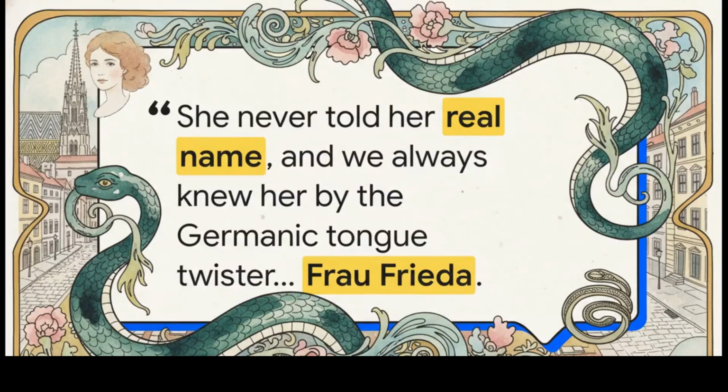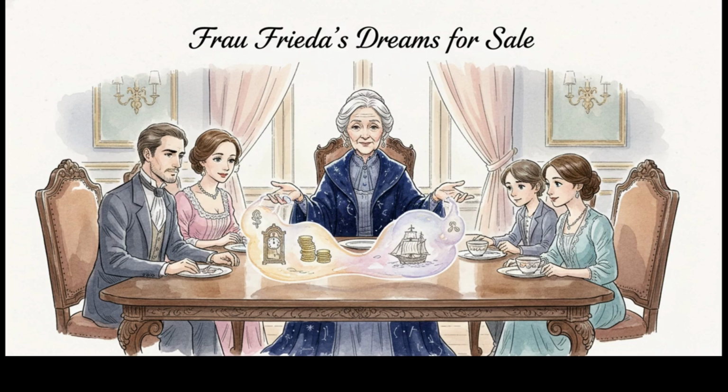So the narrator remembers meeting a woman years ago in Vienna who wore that exact same serpent ring. He and his friends never knew her real name, so they just called her Frau Frida. And when he asked her what she did for a living, she gave him that incredible answer: I sell my dreams. And she meant it, literally. That was her job. She was hired by a super wealthy family to dream for them, and every single morning at breakfast, she would interpret her dreams to predict and basically run their entire day.